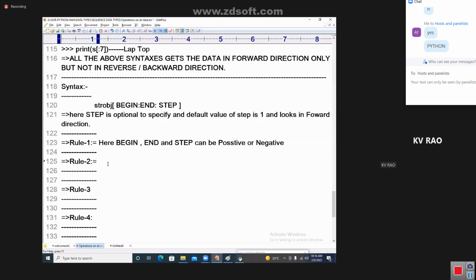If I want to get the reverse of the data, you need not write a big logic. Here only I am writing Rule 2. Now see Rule 2. If the step value is negative, I will write that also in capital letters: negative value. If a step value is negative,